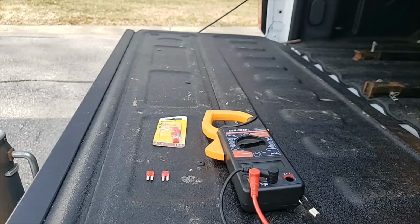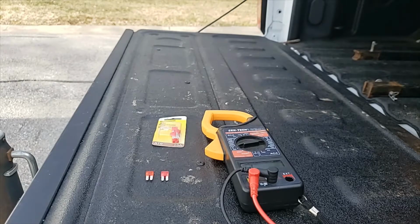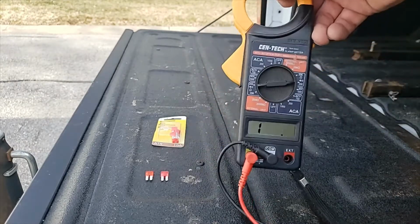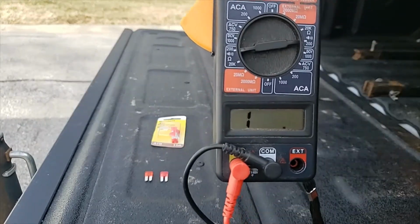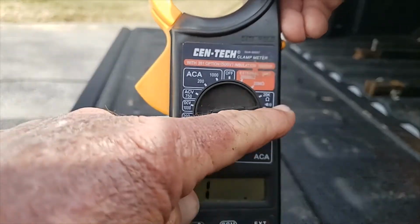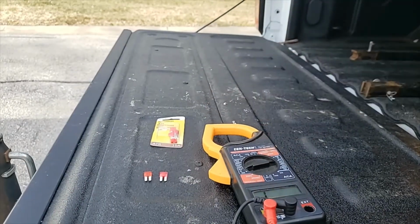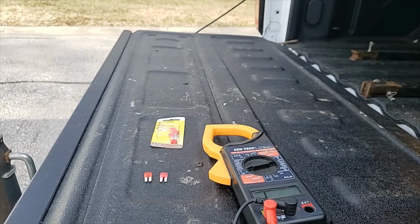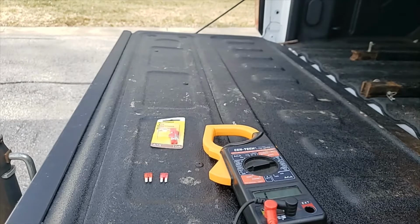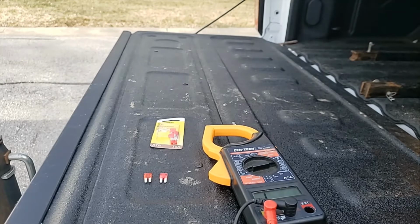Okay, I'm back. I just kind of wanted to show you how this works. I have my ohm meter, which I've set there on the lowest setting, as you can see, 200. Okay, and I went and got new fuses for the truck where the trailer taillights had failed. And to test this,